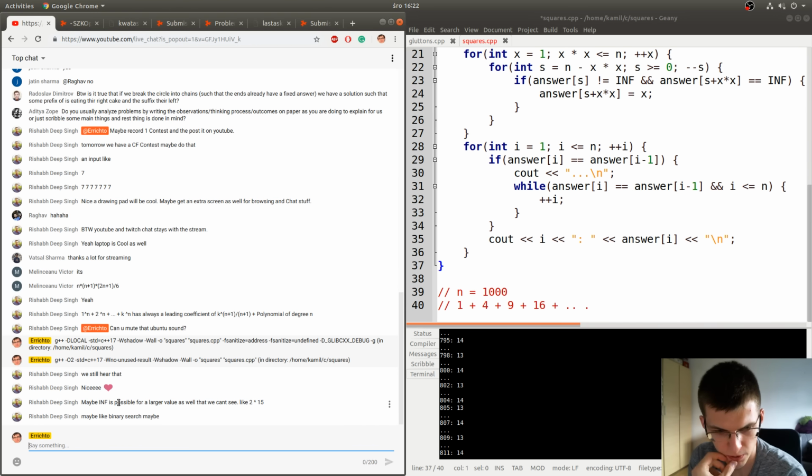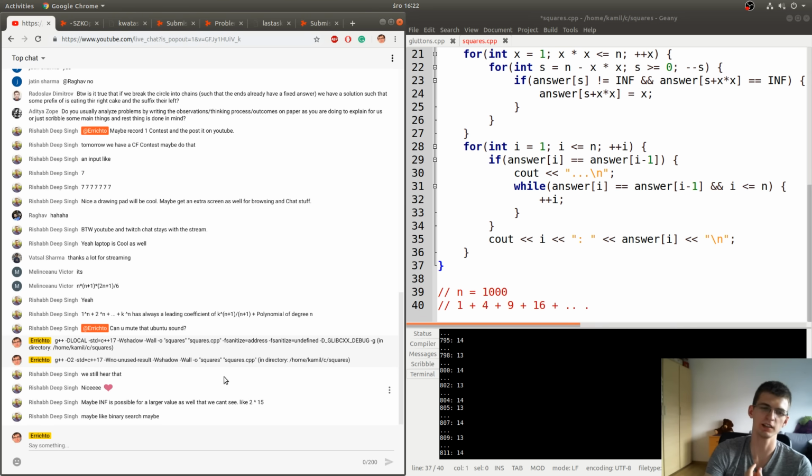Maybe infinity is possible for a larger value as well, like 2 power 15. Well, it's very unlikely. If you examine some properties of numbers, and it happens for a few small numbers, let's say up to 100, and then you examine numbers up to 1 million, and there is no number with this property anymore, and the condition was kind of natural, you shouldn't think that somebody was malicious to you.